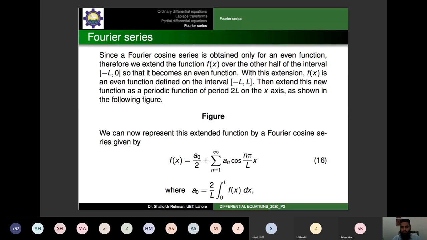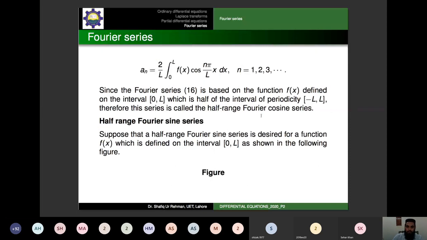Eventually, it is going to be the Fourier series for an even function and will involve only cosine terms. So more precisely, it is the Fourier cosine series. But since we start by taking only half of the interval, the specific name is half range Fourier cosine series. Pretty much on the same line, we can talk about the Fourier sine series. But before we move on,